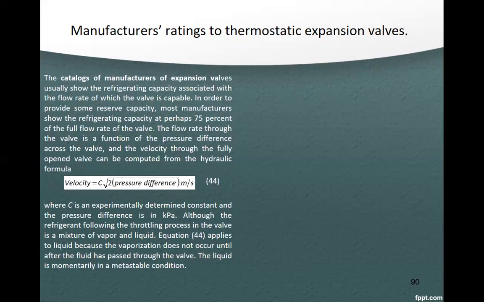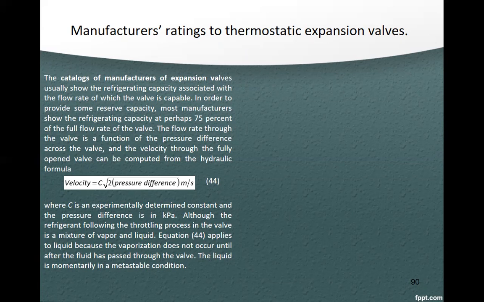Next, the manufacturer's rating of thermostatic expansion valves. Kanya-kanya yan. So the catalog of manufacturers of expansion valve usually show the refrigerating capacity associated with the flow rate of which the valve is capable. So in order to provide some reserve capacity, most manufacturers show the refrigerating capacity at perhaps 75% of the full flow of the valve. The flow rate through the valve is a function of pressure difference across the valve, and